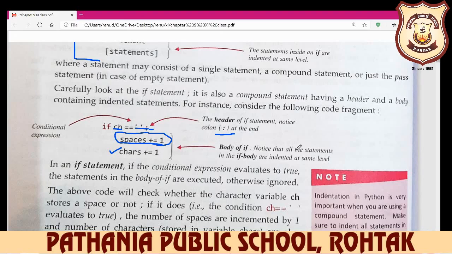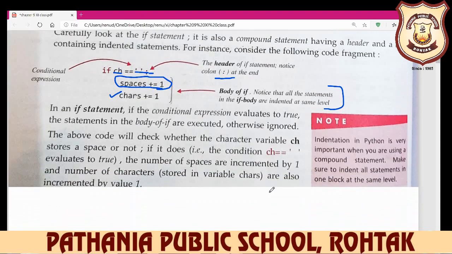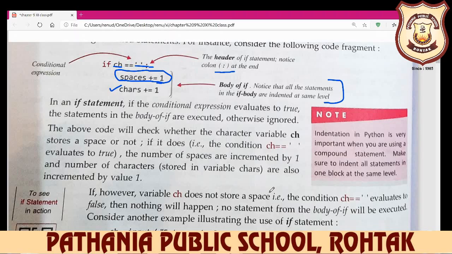Body of if: notice that all statements in the if body are indented at the same level. In an if statement, if the condition expression evaluates to true, the statements in the body are executed, otherwise ignored. For example, if marks greater than 33, then pass, but if marks less than 33, then ignored.